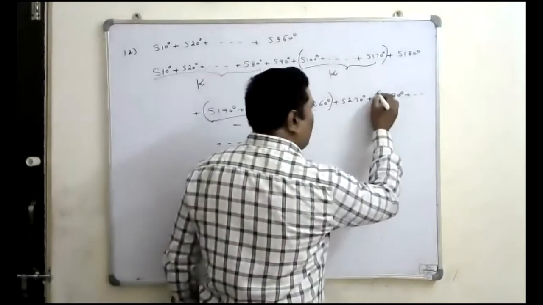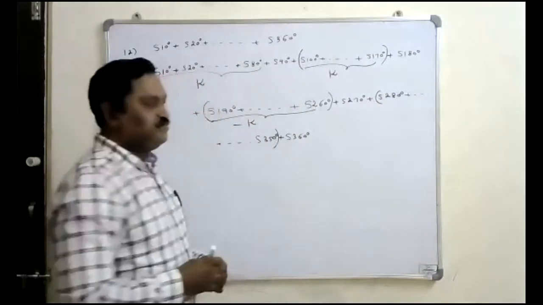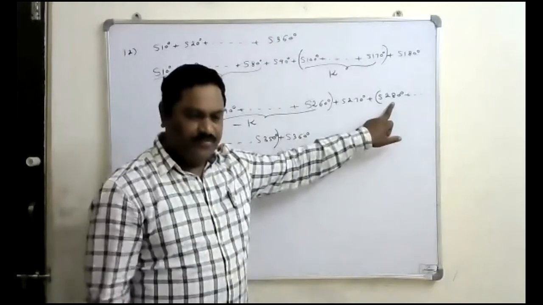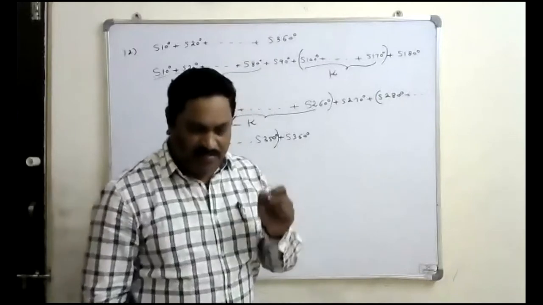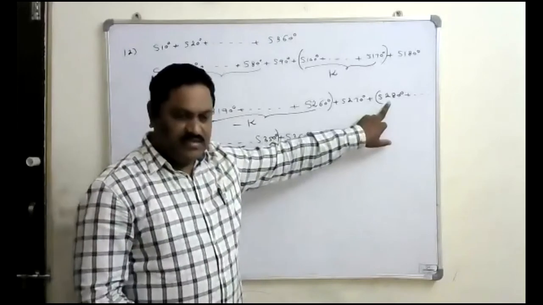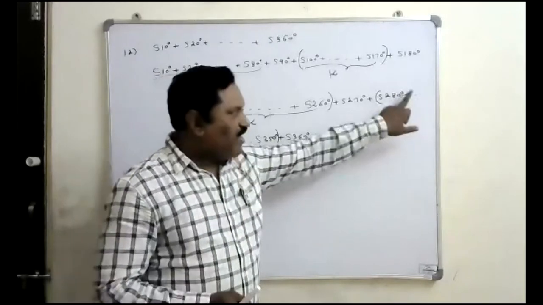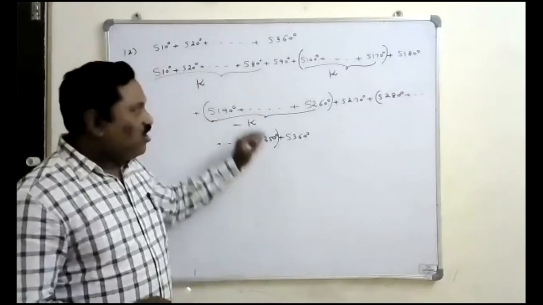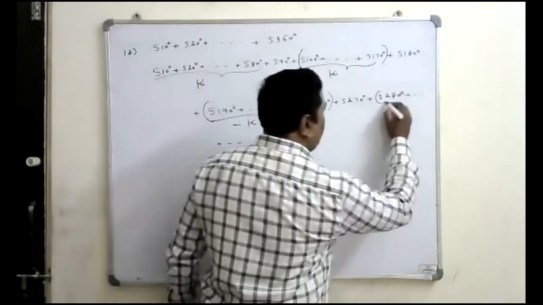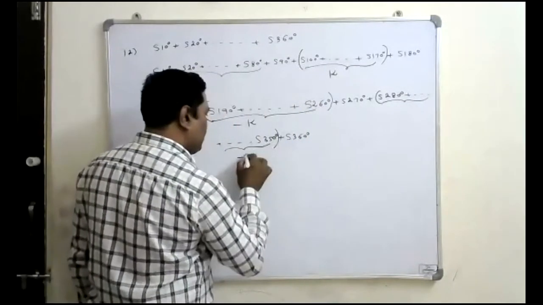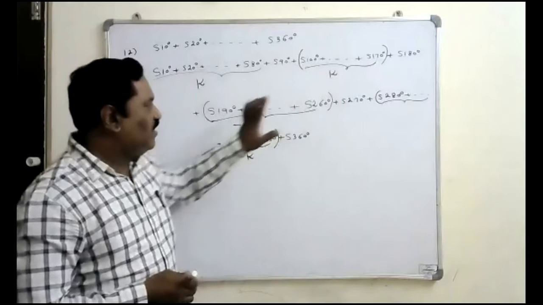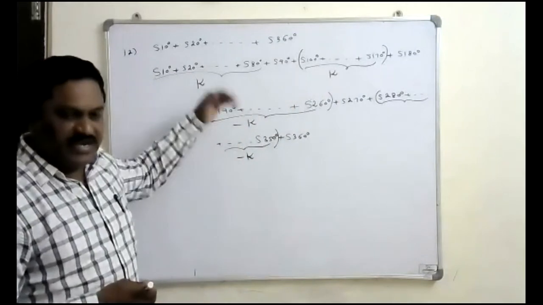Similarly, if you consider the angle from here to here, 280, I can write 360 minus 80. 360 minus is an angle of the fourth quadrant. In the fourth quadrant also sine is negative. That's why this is minus sine 80, minus sine 70, etc. All these same values we are getting with the minus sign. That's why this entire summation is also equal to minus k. Now this is plus k, this is plus k, minus k, minus k. So all these terms are getting cancelled.